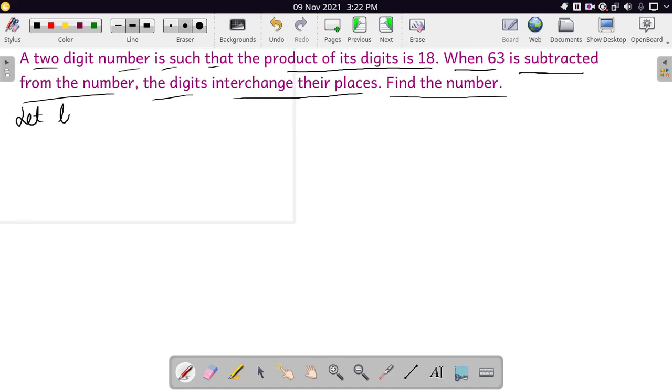Let the tens digit be x. Tens digit means it's a two digit number, this is a units place, this is a tens place. So we have considered this to be x. Now then the units place. What will be the units place? So we can write then the units